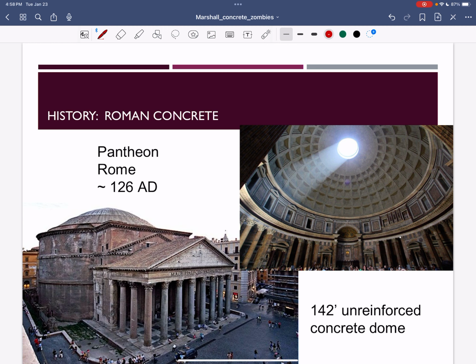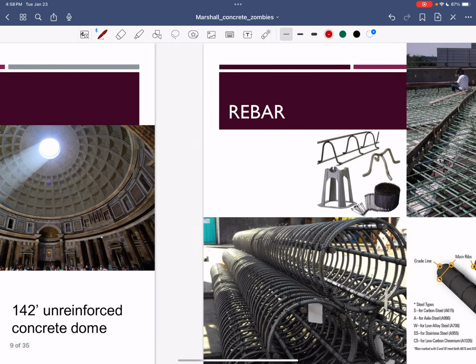They would use horsehair as kind of a reinforcement for this stuff. They say unreinforced, but they'd use horsehair to hold some of the particles together and make it less brittle. And they also used some kind of old-timey admixtures to delay how long it takes to harden the concrete to get it in place. And some of those admixtures, I hate to say, were like blood.